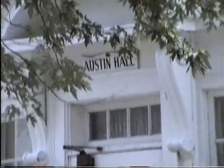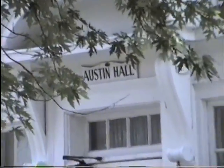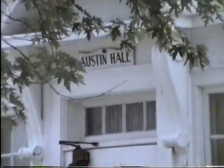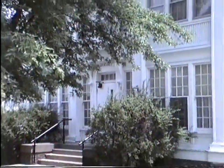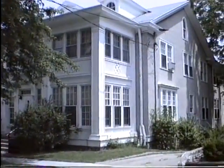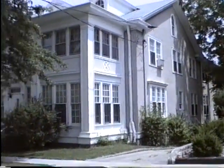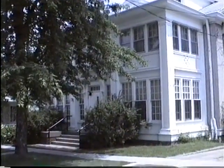Well, this perhaps is as good a time as any to start filming the campus. Here's Austin Hall. A lot of foliage here. It's going to be kind of hard to get much of a shot of Austin Hall, but there it is. I'm sure you've done some work in there in your time. I did. For starters,